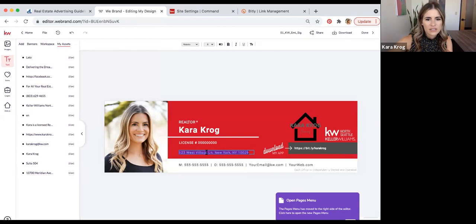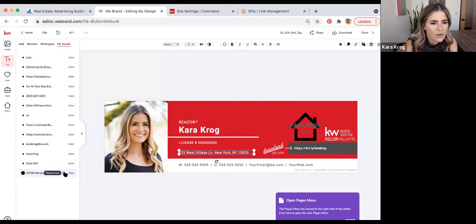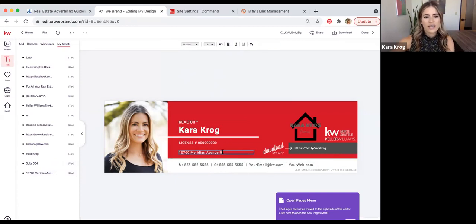Make sure this is clicked. Now replace text. There we go. For some reason, it's not the whole address. That's fine. I'll just add that. Suite 504. And then I'll just put 9A5 because I'm running out of room.